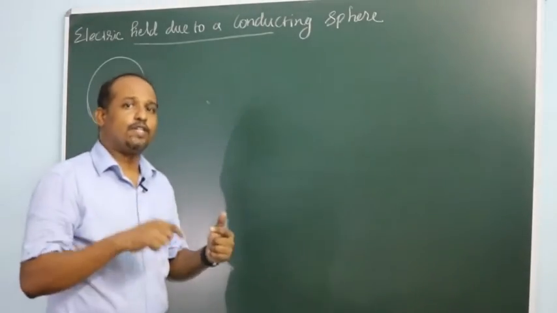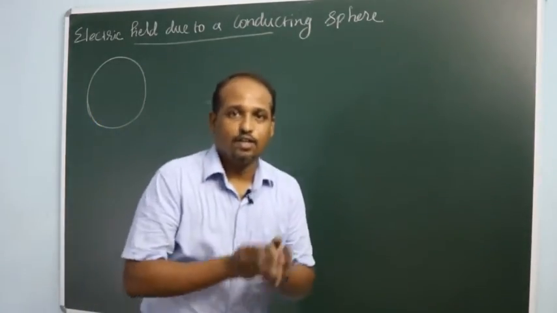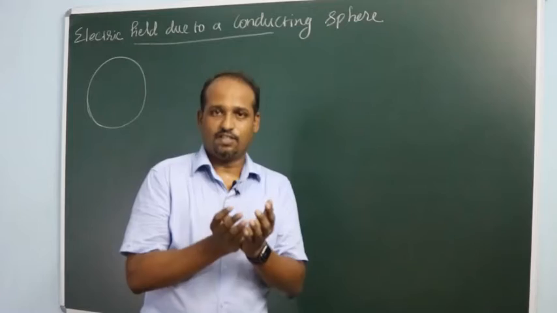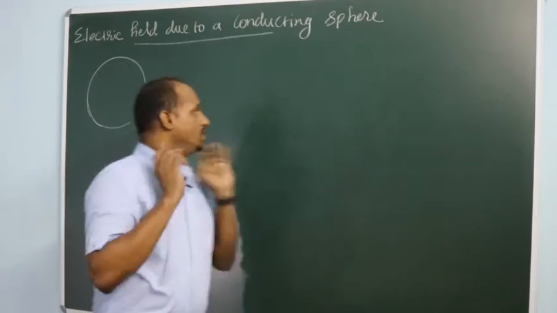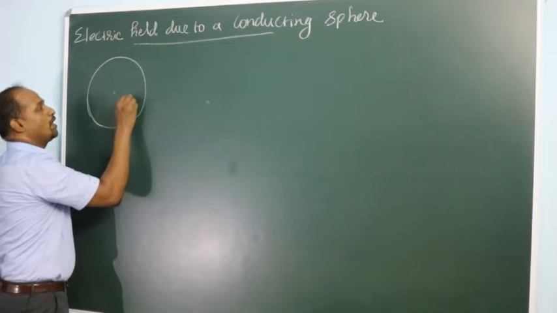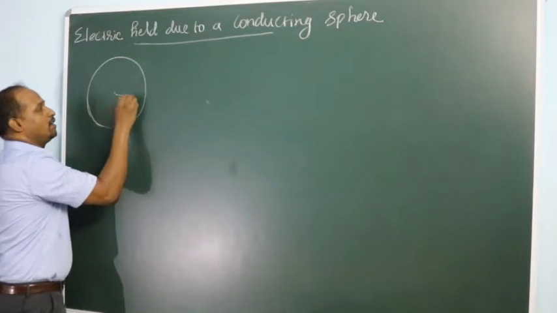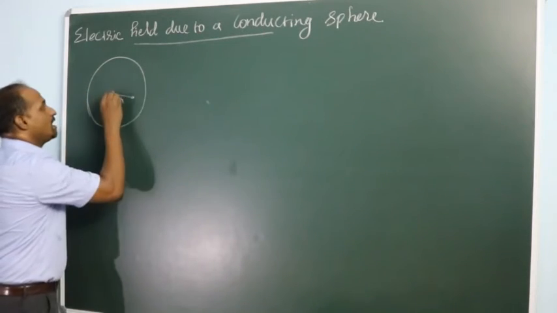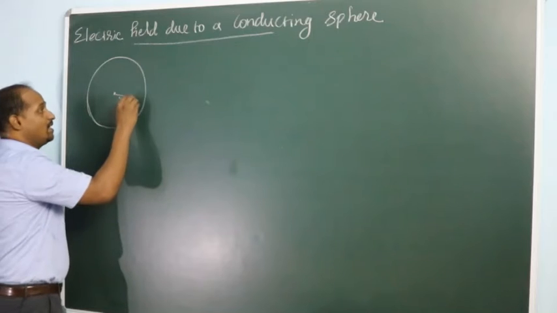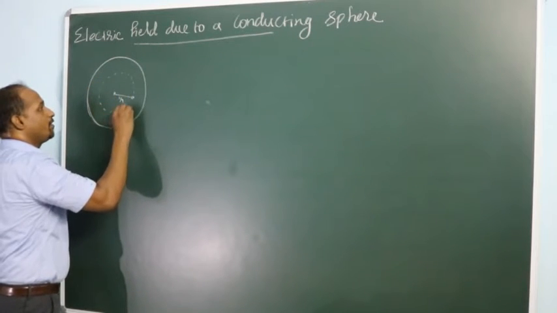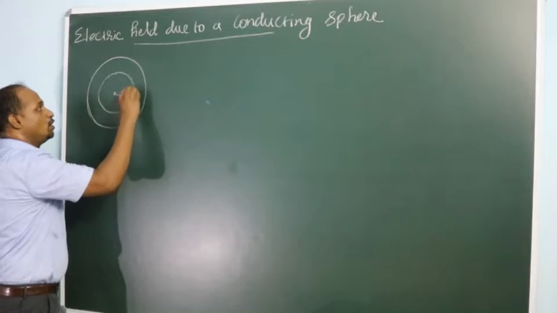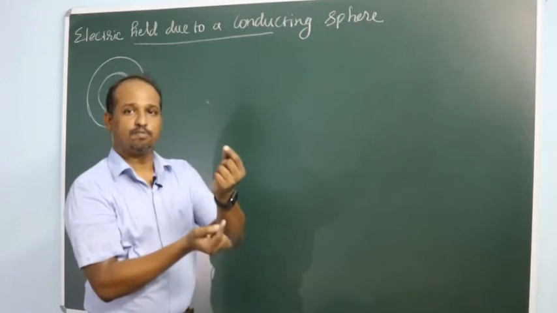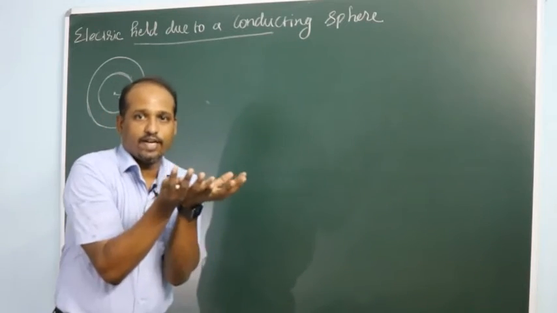And here, to find out the electric field, what you need is Gauss law, right? So you are going to consider or imagine a Gaussian surface. A Gaussian surface is a closed surface. Suppose from the center of the sphere, you would like to find out the electric field at a distance r, at a point P. What you will do is, all the points equidistant from the center, if you connect them, it is not a circle, it's a sphere. All these points are equidistant. If you connect them, you will get a sphere.